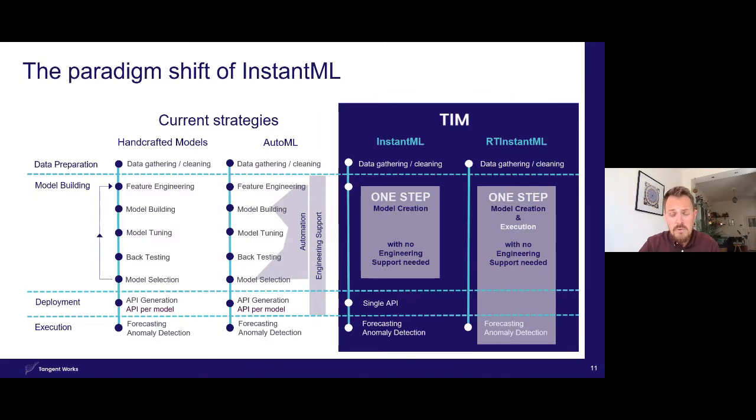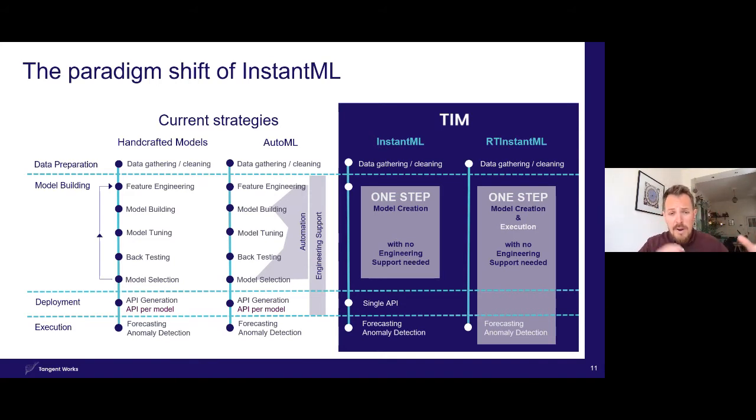Because today, if you want to start with predictive analytics, say you want to take your forecasting to a new level, basically the main approaches are here, the two on the left. The handcrafted modeling is still the most used. It's the academic scientific approach. You hire a team of data scientists, data engineers, so a team of experts that are not always easy to find. You give them the right tools, and in coding tools like Python and R, they can get started.